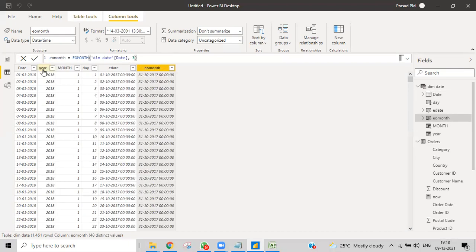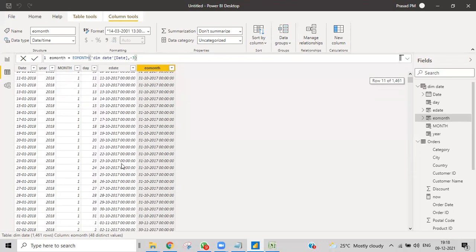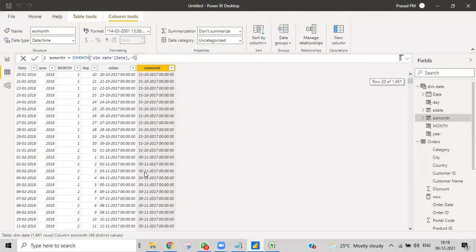You can see that it will go to that particular month, but every time it gives the end of that particular month. So it will go to 3 months before, which will be October, but it doesn't give the particular date. It will give the end of that particular month, for every date of that particular thing. We'll get this one.